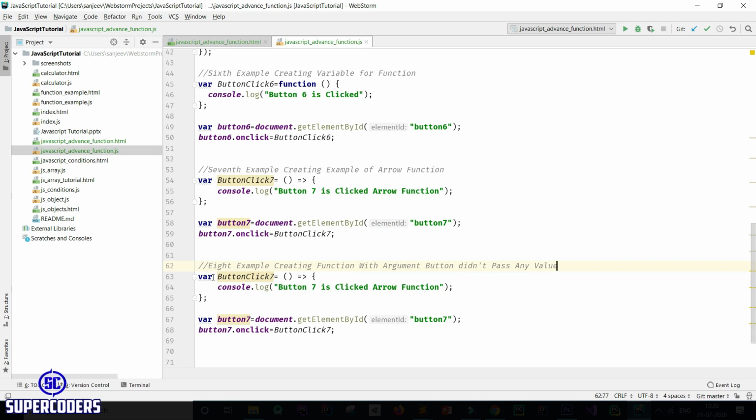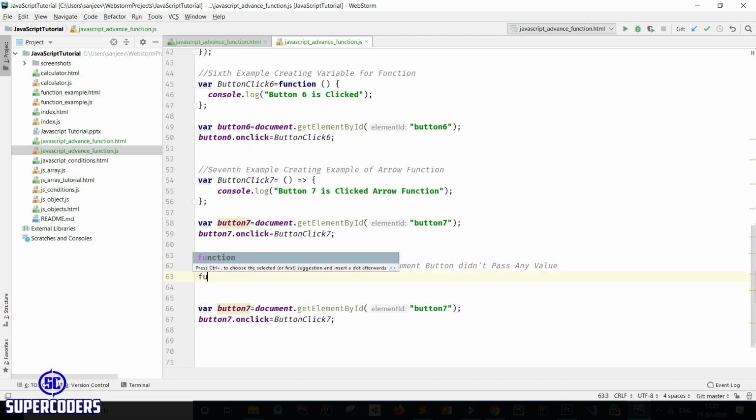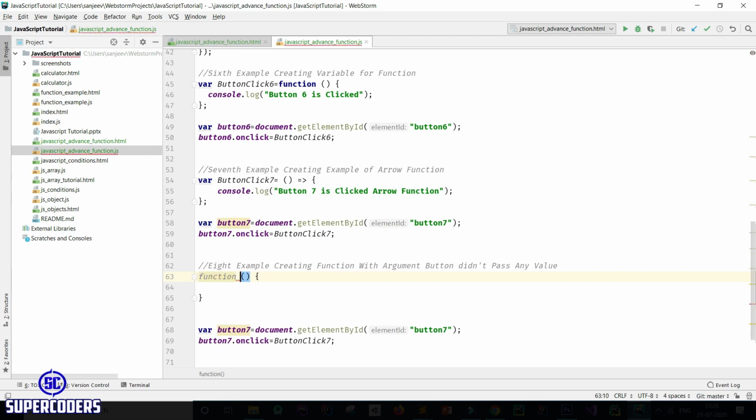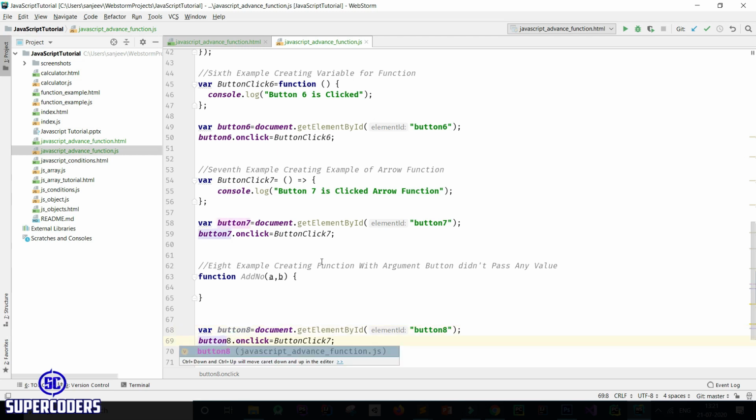So let's see how you can do this. First, remove this, then create a function add number and ask for values a comma b. So also change this to 8, id to 8 and 7 to 8.